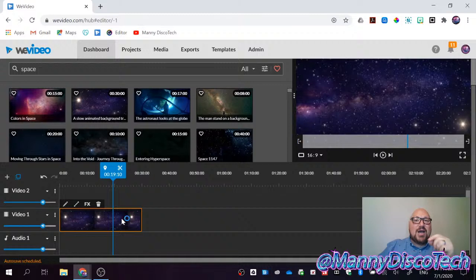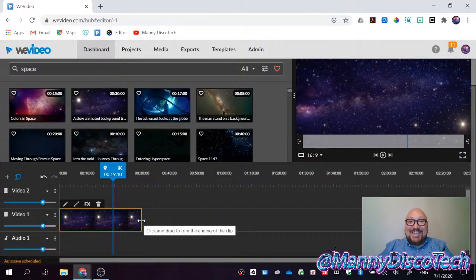I'm going to show you how you're going to cut. I don't really say cut because even though it cuts it, it doesn't really go anywhere. It's like it's folded in. I love it. Let me show you. Okay, so look at the cursor. You ready? You see? It went like